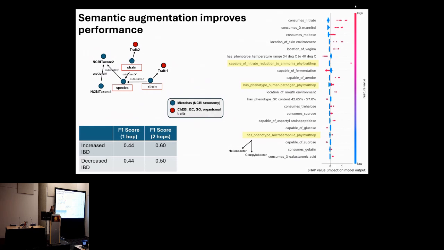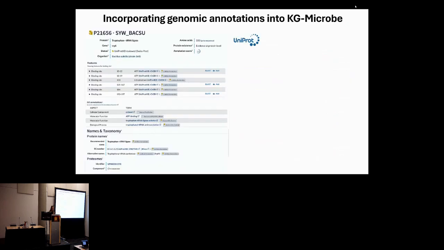So this leaves us with the question of how can we then also incorporate the genomic annotations that we've introduced into this same question of understanding the associations in the IBD context. And so I'm not introducing those results in this talk. I did want to talk a little bit about how we modeled the genome annotations in the knowledge graph. We did this using the UniProt database, and we focused on the SwissProt or reviewed proteins. And we took only microbes that have a reference proteome that exists in the database. So those that have, of course, been more studied, but have more of this information in the database.